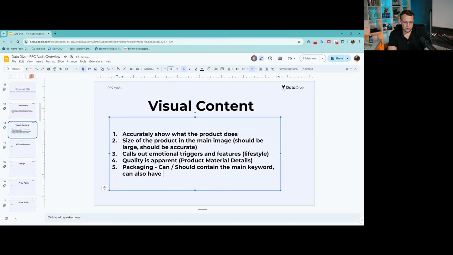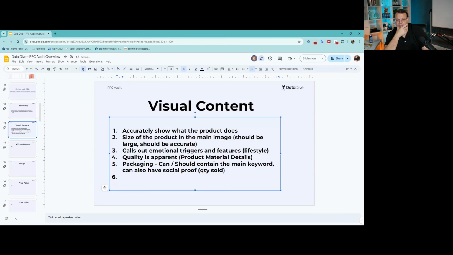Can also have quantity sold. Instead of quantity sold, it could have social proof. Quantity sold is a good one there. What else? And benefits or selling points. So just matches, use case, benefits can be apparent. Now, if you do this with this visual content, this first image, you're going to increase